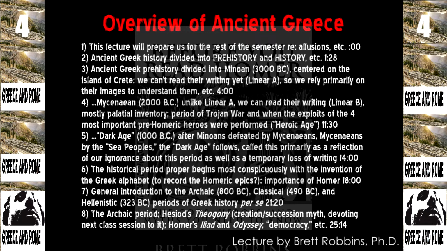And so, unfortunately, if I threw things out at you, it would have to sound kind of random. In the sense that, okay, there's still something like a palace here and a thing there, but as far as what went on, it's called dark not only because of our ignorance about it, which should remind you of the so-called Dark Age, the beginning of the Middle Ages, by the way. That's becoming less of a fashionable word for medievalists to say, Dark Age, because now they know a lot more about it, and hopefully that'll happen for us with Greeks. But another reason, a really big reason, that is going to segue into the beginning of the historical period is the loss of what in the Dark Age?